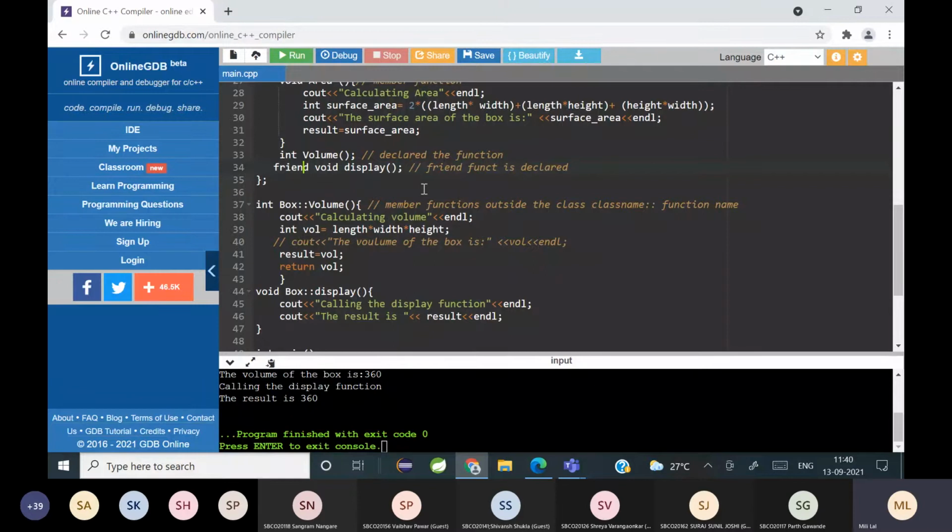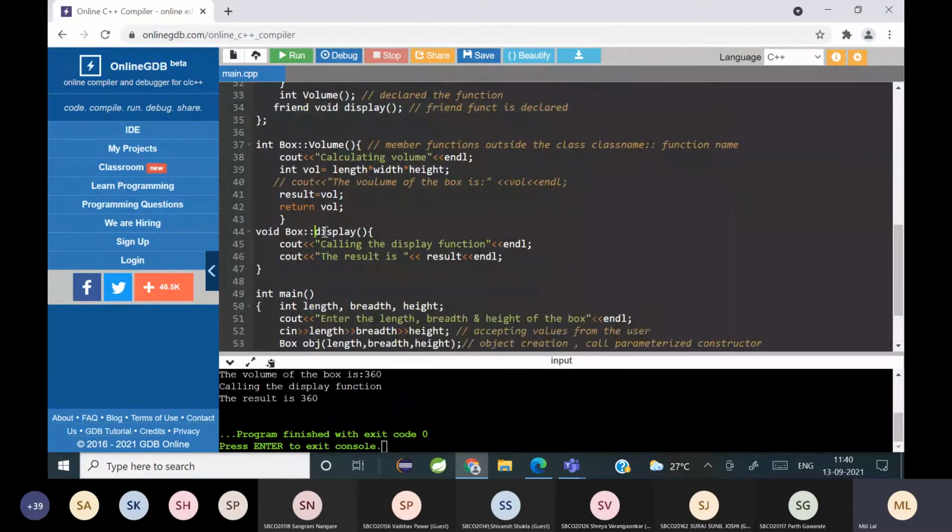Okay, now I said friend doesn't belong to the class, but it can access the private members of the class. So it doesn't belong to the class. First thing we have to note is that you need not use the class name followed by the scope resolution operator here, because display is a friend function.